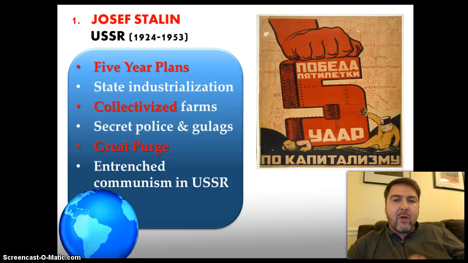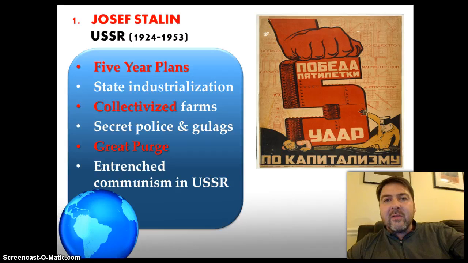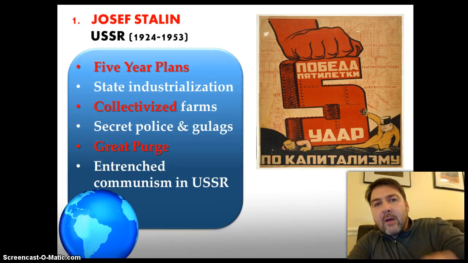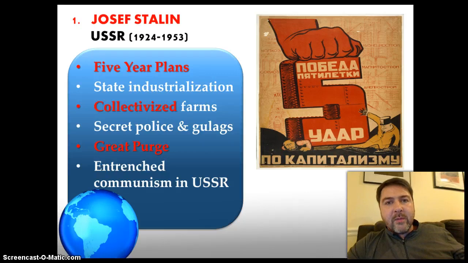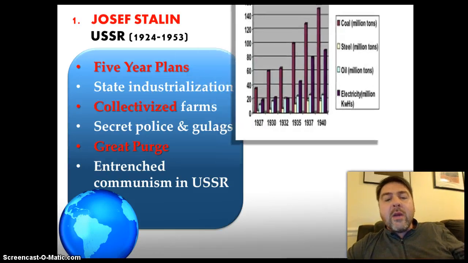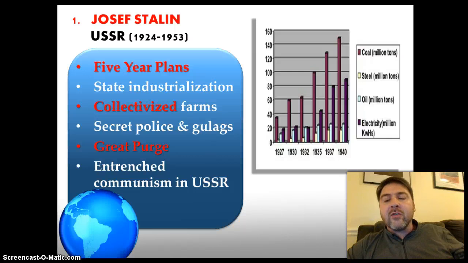These were state-made, government-made policies for the next 5 years that dictated how much of different products and services were going to be provided. Stalin's 5-year plans really focused on state industrialization, meaning he wanted Russia to become an industrial power very quickly. We can see in this chart here that in general, Stalin succeeded in that industrial goal of increasing Russia's industrial production. We see, for example, coal and steel and oil and electricity all going up during his time as